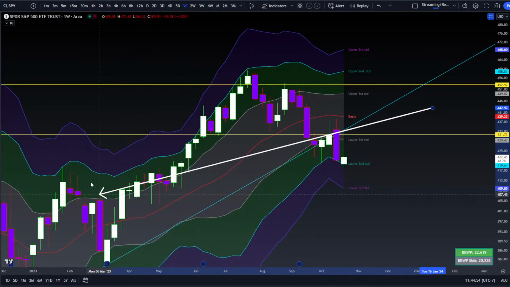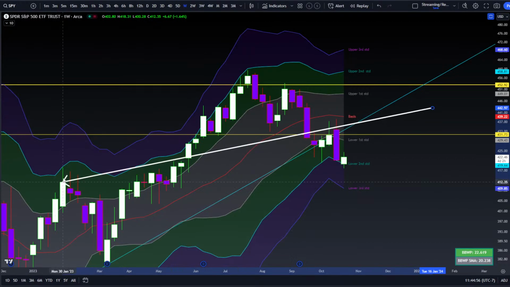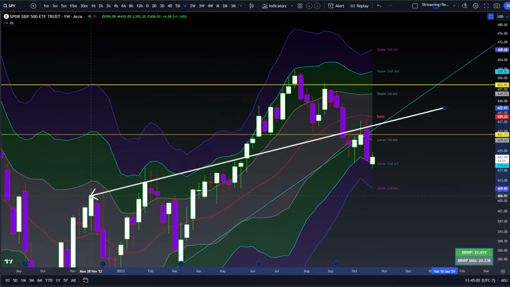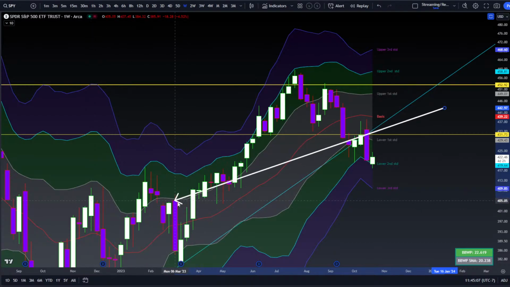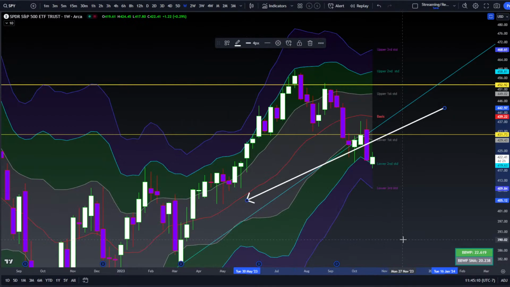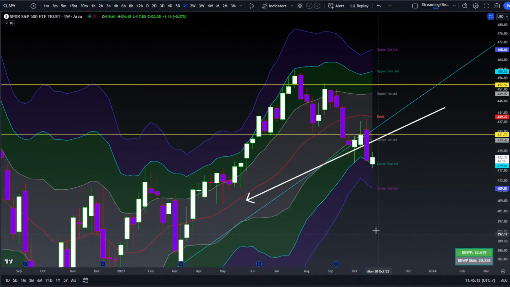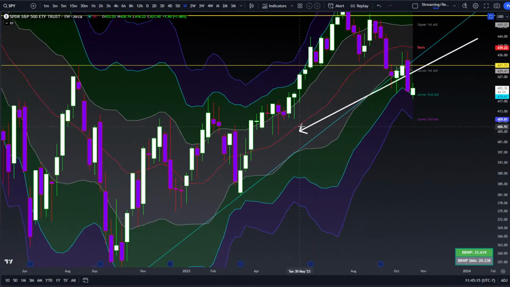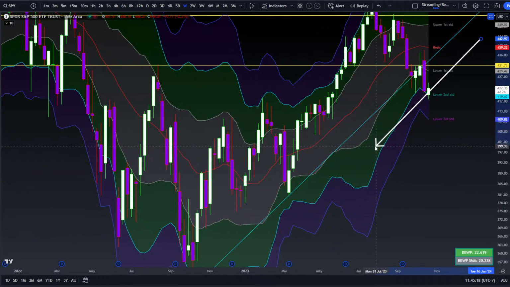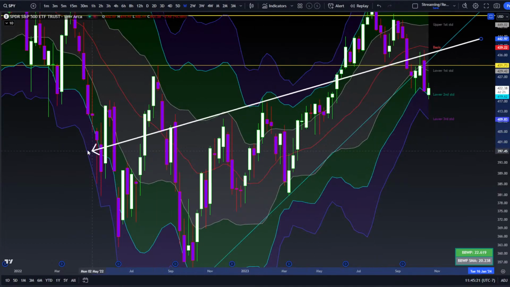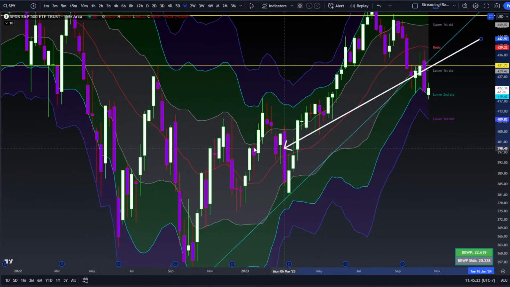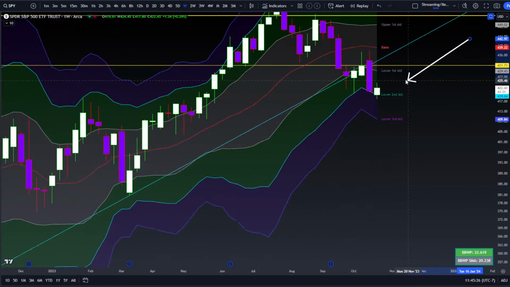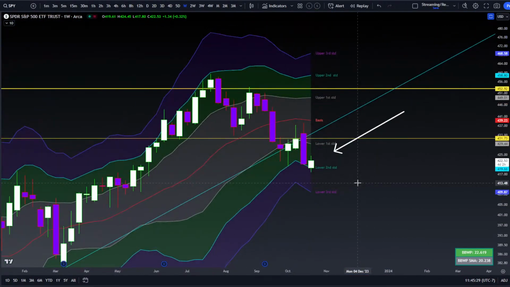And of course, 412, 410. 412 is this high over here. And then we've got 406 on this high over here. And then we've got the lower high over here at 405. So there's a lot of support down there. And realistically, getting into the 400s, you're looking at the midline of this range that was built off the lows. So I'm not necessarily looking for a nuke,